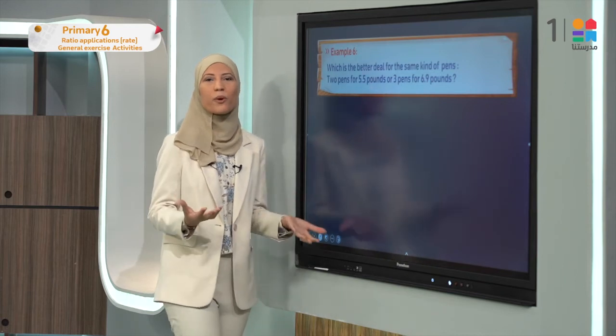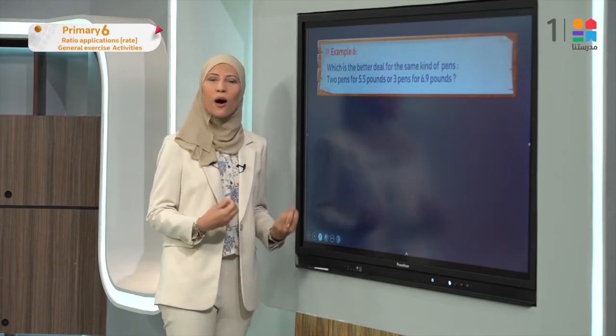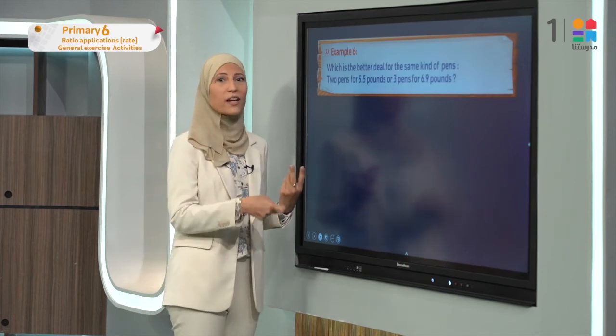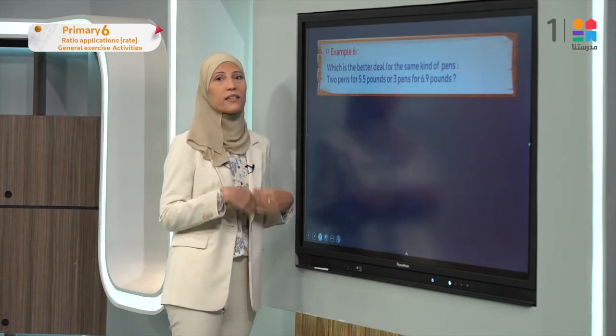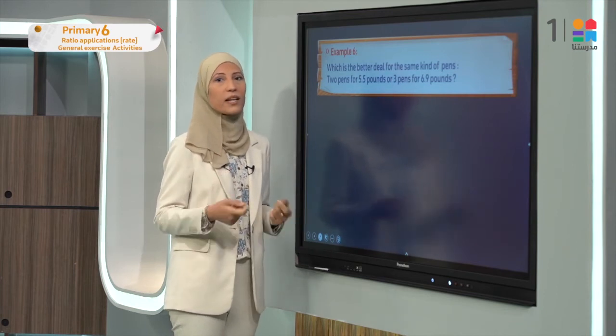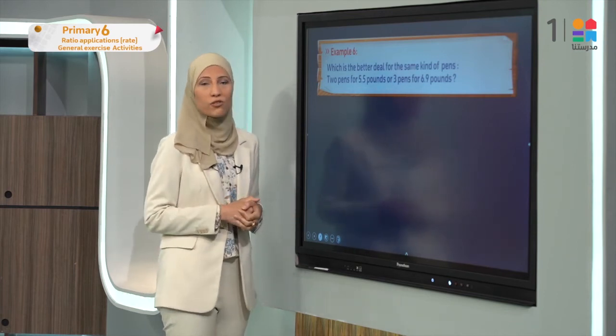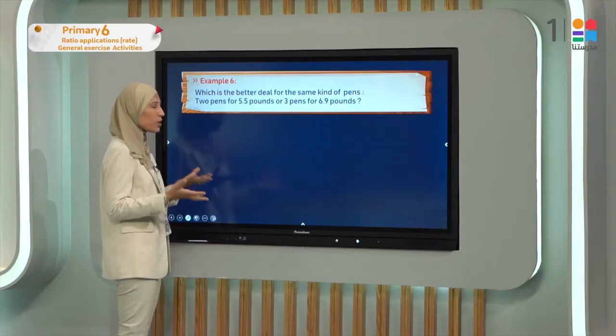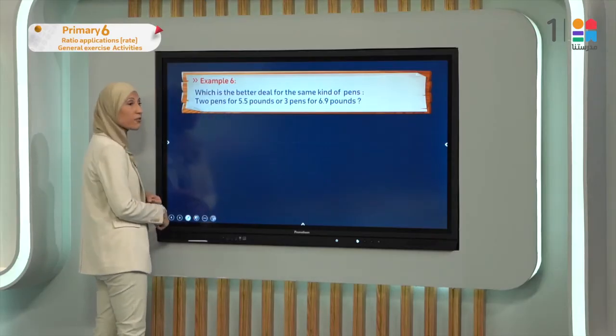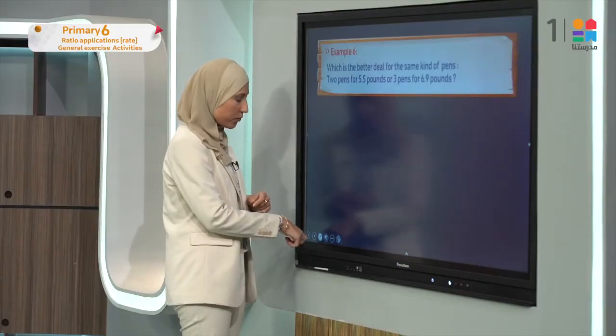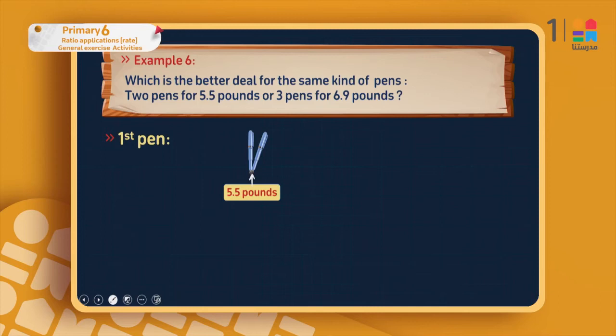So here I am comparing between two kinds of pens. I will buy 2 pens and pay 5.5 pounds, or it's better for me to buy 3 pens and pay 6.9 pounds. To know which one of them is the better deal, let's find the rate for every one pen. So for the first one, I'm comparing between the pounds and the pens. So I will make pounds to pens. For the first kind of pen, I will write 5.5